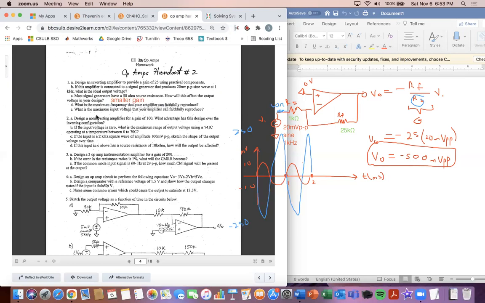And then what is the maximum frequency that your amplifier can faithfully reproduce? Max frequency it can faithfully reproduce. This one is a good one because it stumps you. And I had the same exact question when I asked. I had to go to the tutoring center in order to understand this one because he didn't cover it in class. And what I got for this one,